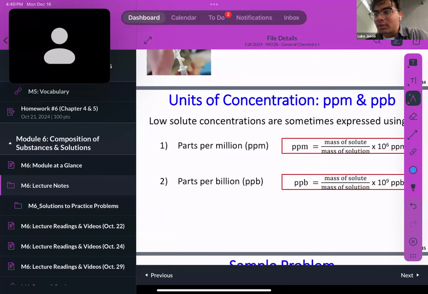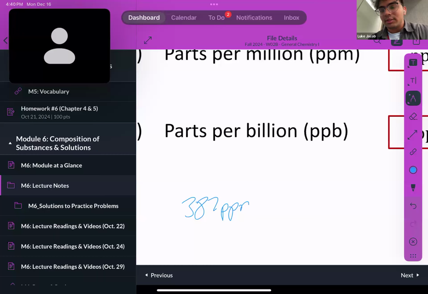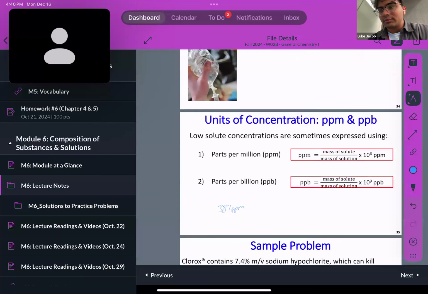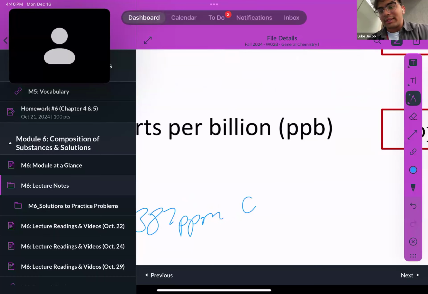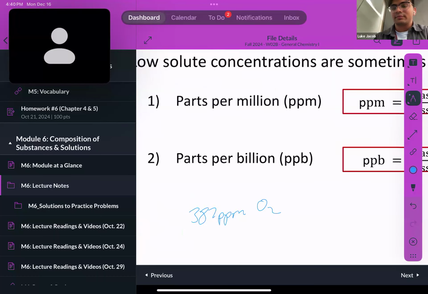Okay, and then parts per million, parts per billion. I don't use this formula; I do something different, so I'll show you guys. If I had 387 parts per million of oxygen, what I can do instead is show 387 grams of O2 for every